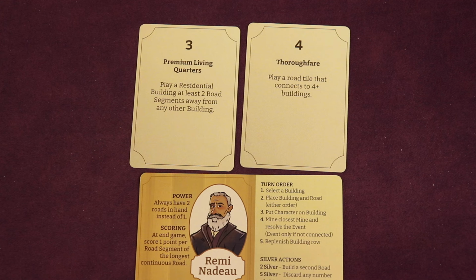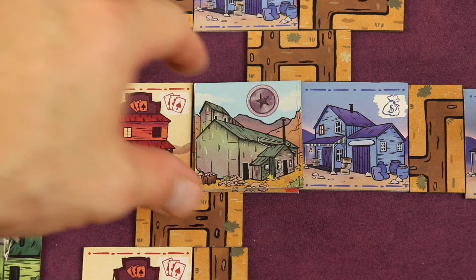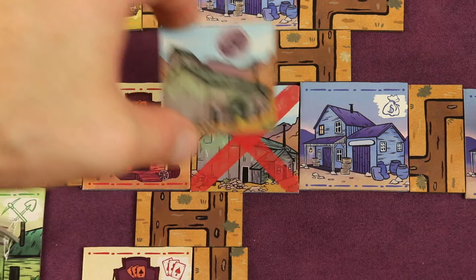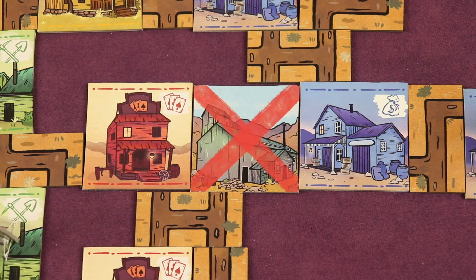So maybe that one's a better one. Now remember, there's a certain amount of mines per player and a certain amount of tiles per mine per player, so it all scales for player count. But once one of the mines gets completely empty, it's showing you getting closer to the end of the game, because once all 3 mines are empty, you finish that turn and at the end of the game